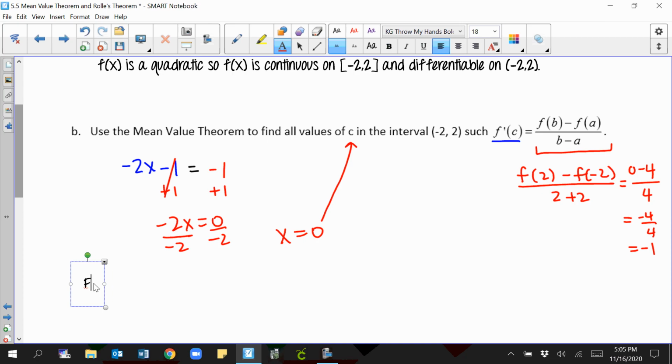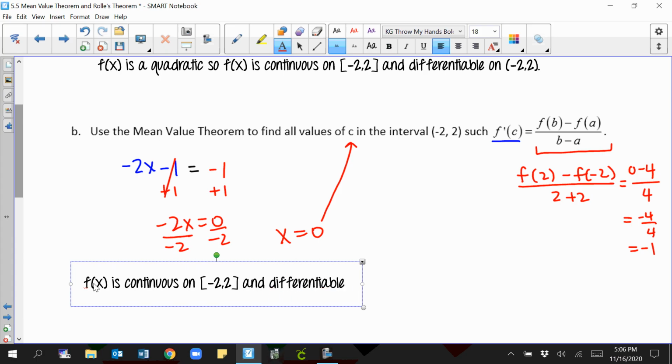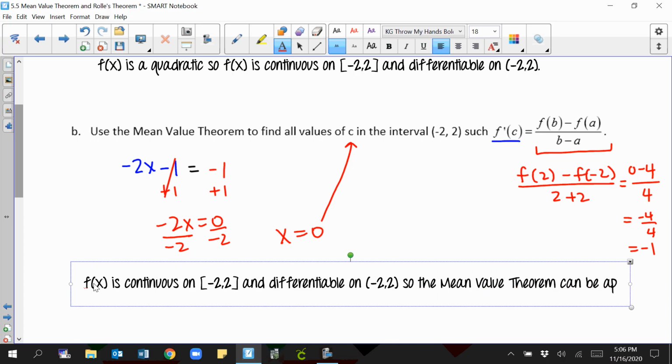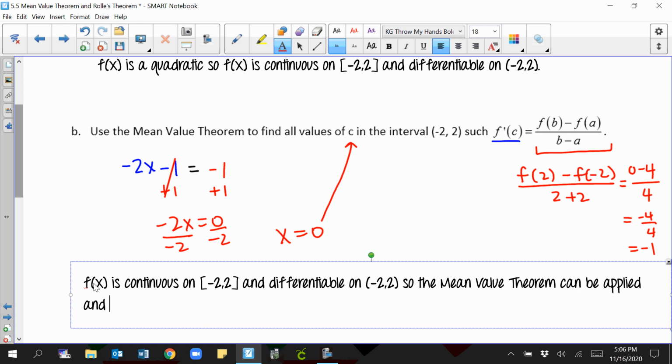so I'm going to say f of x is continuous on my closed interval negative 2 to 2 and differentiable on my open interval negative 2 to 2. So the mean value theorem can be applied and guarantees a value c on my open interval from negative 2 to 2, because we can't use negative 2 or 2, those are our endpoints, such that